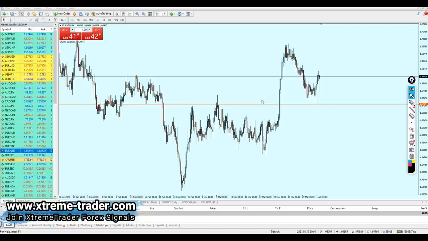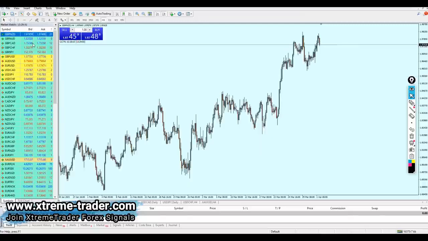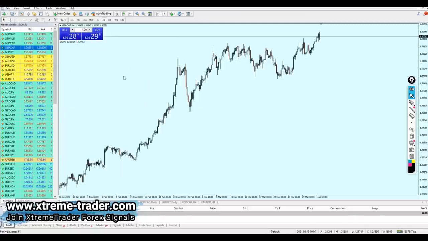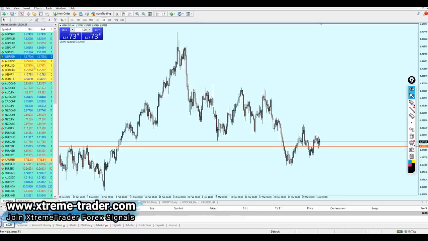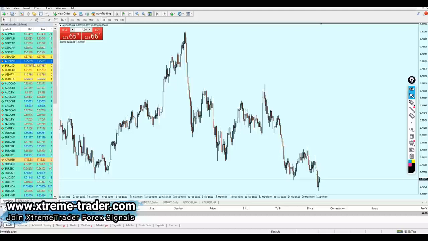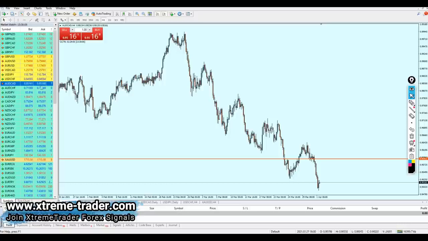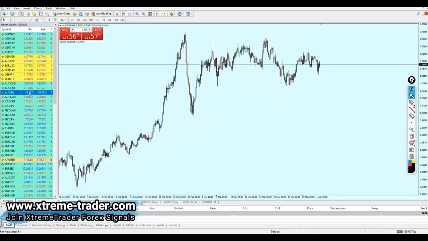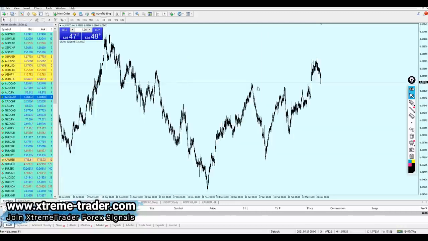So let me give another example if you want to have another perfect entry. You can consider it as a signal, I don't care. I think it's going to be worth it. Let me try to find something where we can have a very good entry in the future, and it's going to provide us a good setup. I'm just trying to find something here and there. I just want a very clear chart where I can see that the market is going to give us a promising setup so I can show it to you.